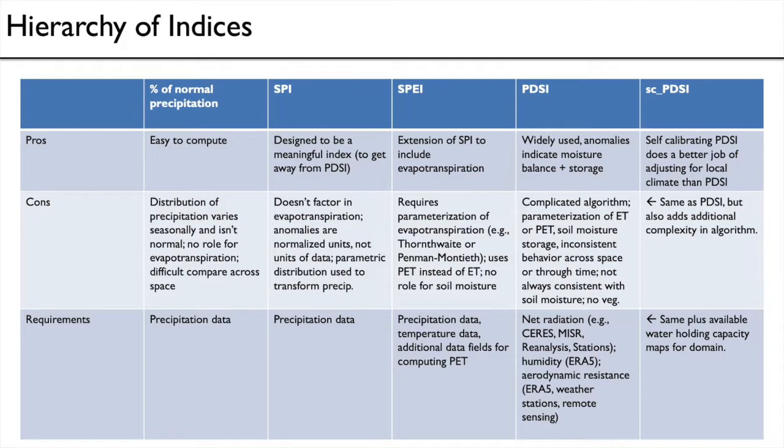But either way, you're going to have to rely on a simplification of evapotranspiration that doesn't know anything about the actual soil moisture state, because it does not include a soil moisture balance model in it. It's strictly the atmospheric component of precipitation minus evapotranspiration. So be aware of that. Take it with a grain of salt. It also requires more data to be able to estimate those evapotranspiration fluxes.